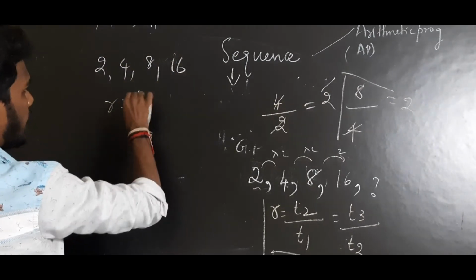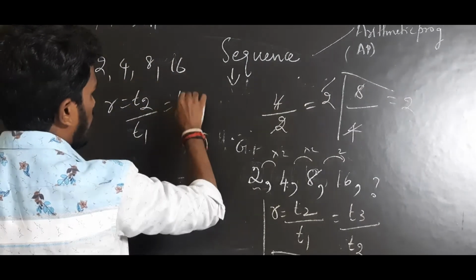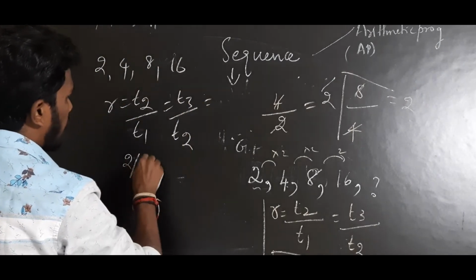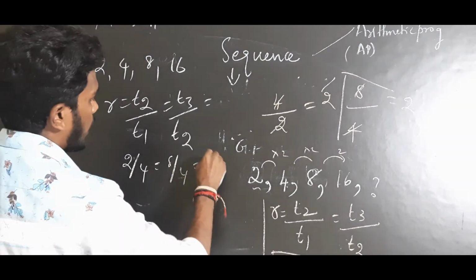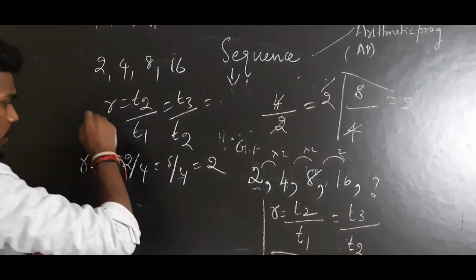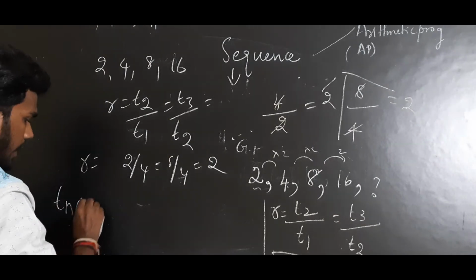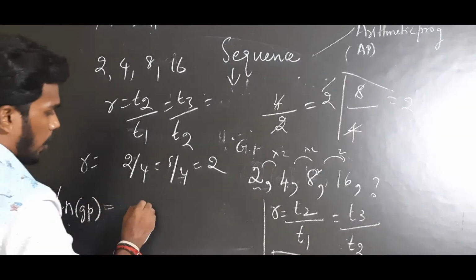Here the ratio will be T2 divided by T1, that is equal to T3 divided by T2. Here on the whole I have solved, I got 2 by 4, that is equal to 8 by 4, that is equal to 2. So the common ratio is 2. So to find the nth term in a GP, geometric progression, we have a formula